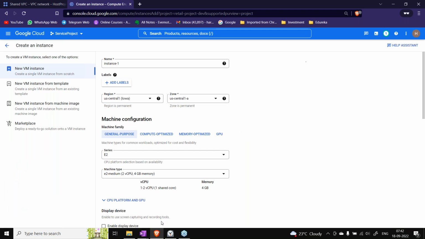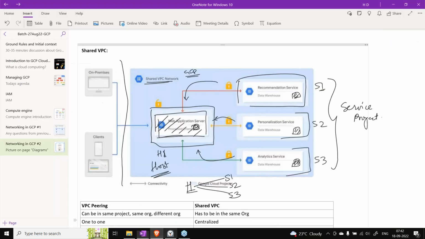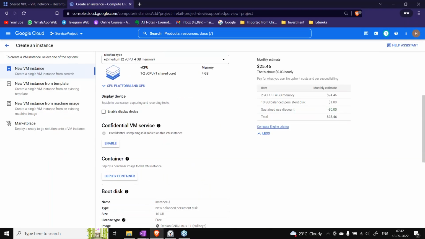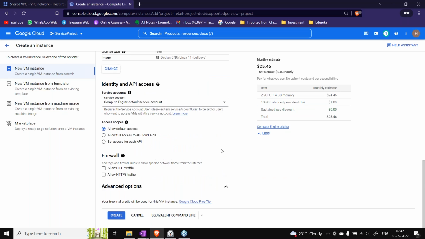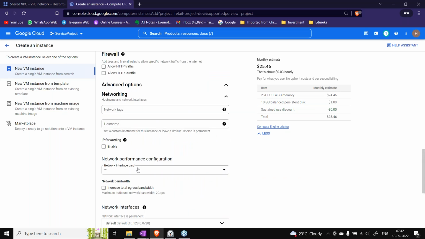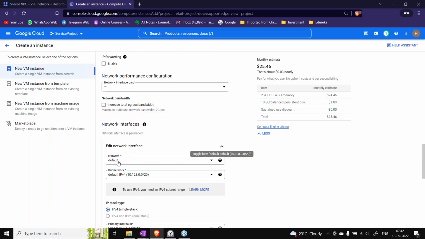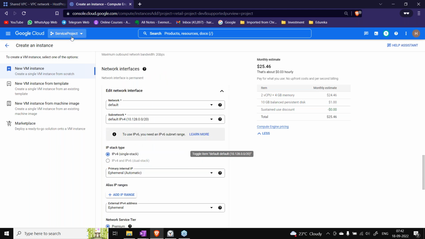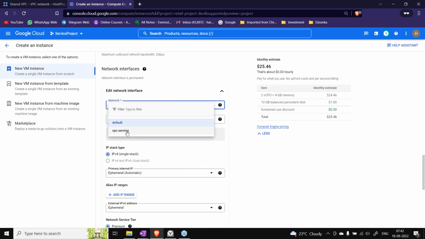So as I said on the diagram, this S1 can have its own VPC also. The service VPC that we are talking about is the same thing. It is basically having its own VPC, a default which comes along with this project, and the VPC of its own.